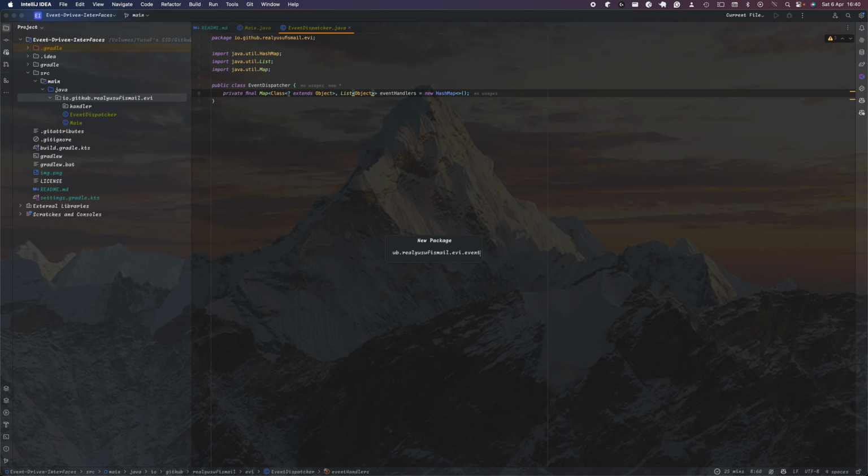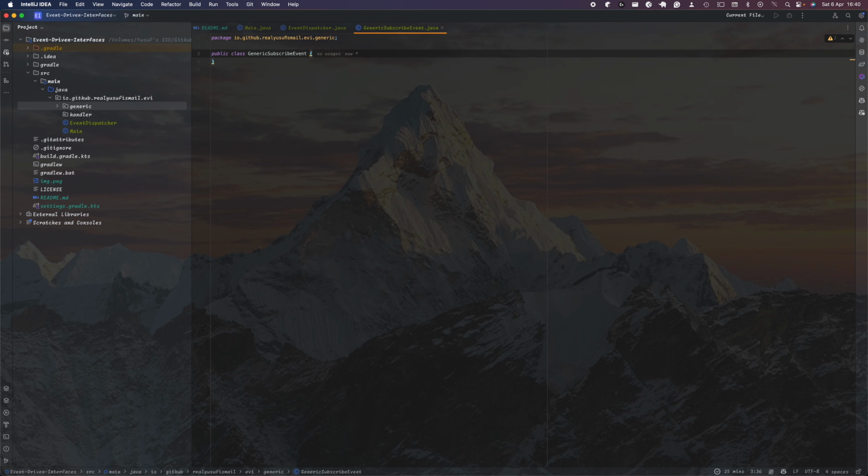So here you want to create another package called event, and then within event we're going to create a sub-package called generic, and within generic we're going to have a class called GenericSubscribeEvent. So GenericSubscribeEvent is just going to be a plain interface, and it's a representation of a generic subscription event, which in an